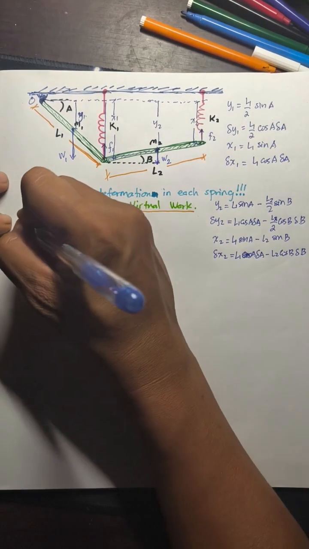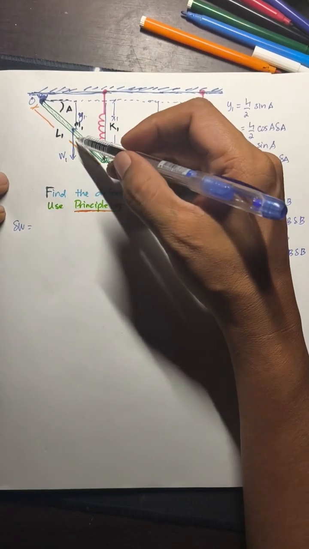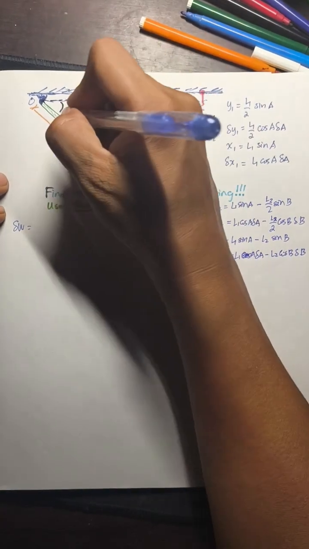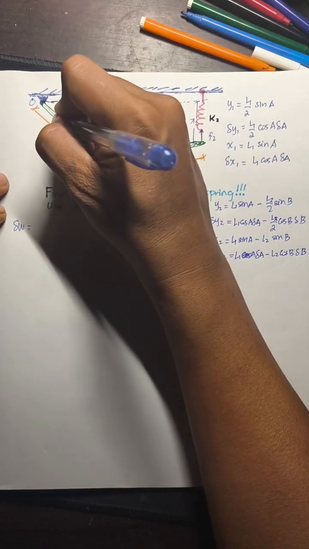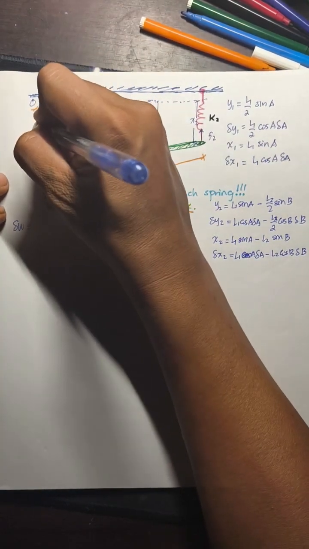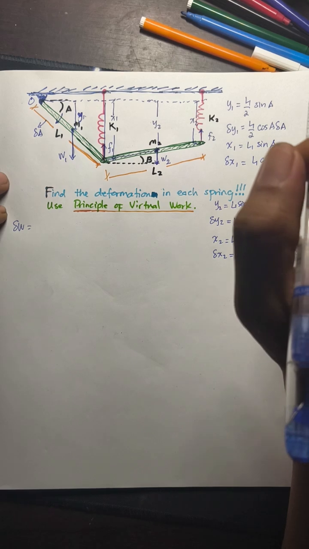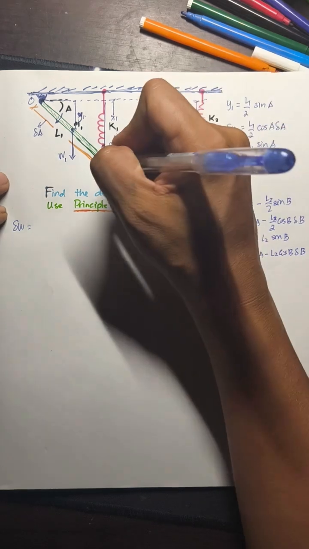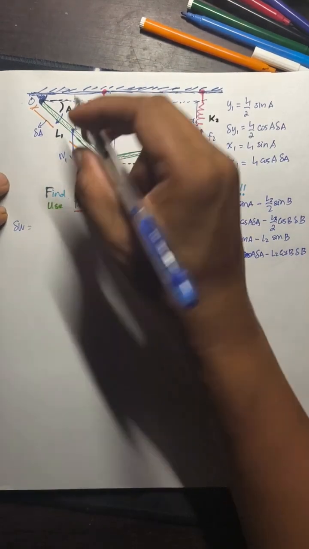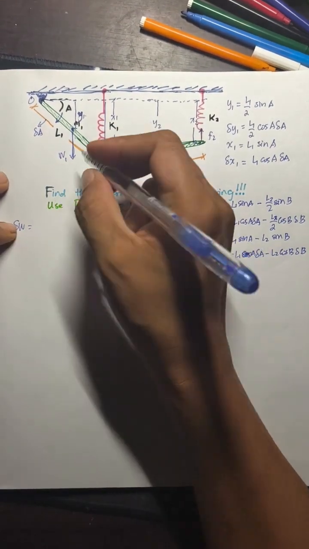What is the virtual work? The virtual work will be the work done by the weight, and we have a positive work here because of the displacement. Let's assume a delta A in this direction. If this is our delta A, notice that delta y is going downwards. So we have here a positive work.